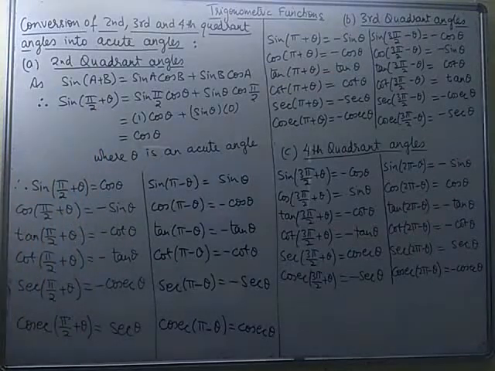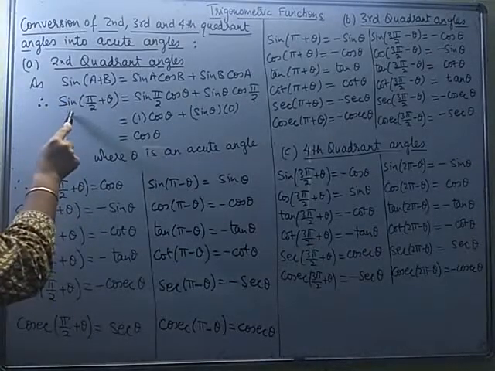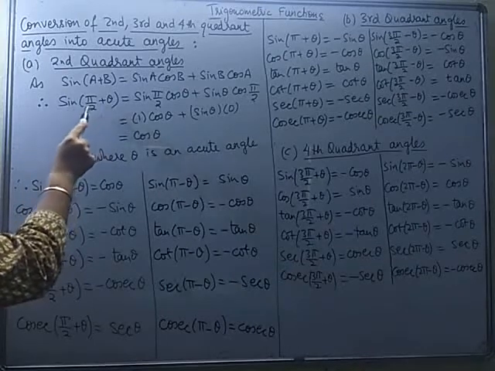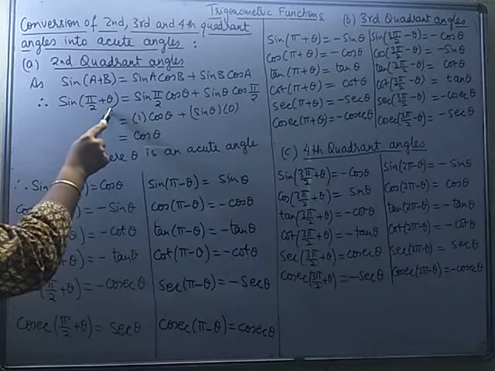So if to 90 degrees you add an acute angle, you will get an obtuse angle. Okay, for example, if that acute angle is 45 degrees, then 90 plus 45 will come out to be 135 degrees, which is an angle of the second quadrant. Okay, so theta is our acute angle. So let us apply this result on sin(pi by 2 plus theta). That means 90 plus theta. So this is angle A, this is angle B.